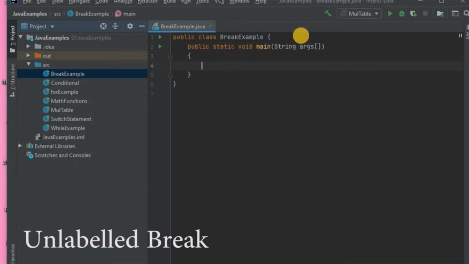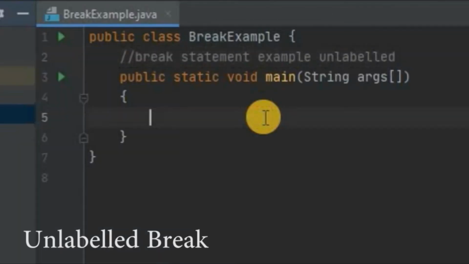Now first we will see a simple example on break statement, that is unlabeled. So first we will take for int i is equal to 0; i less than 10; i plus plus.